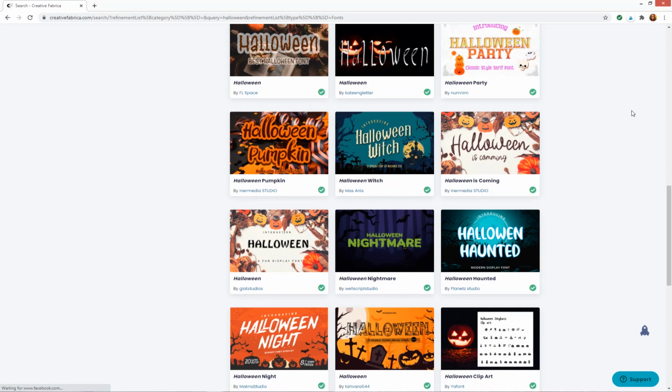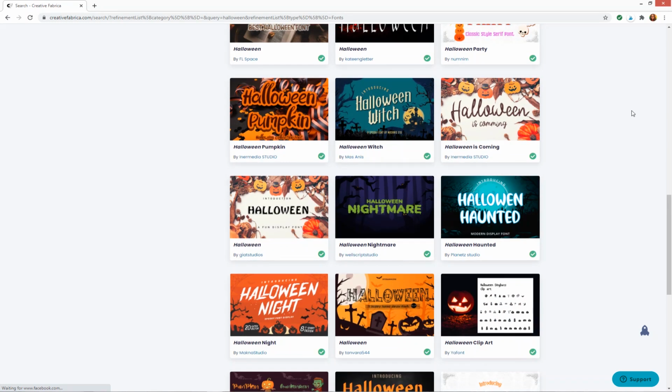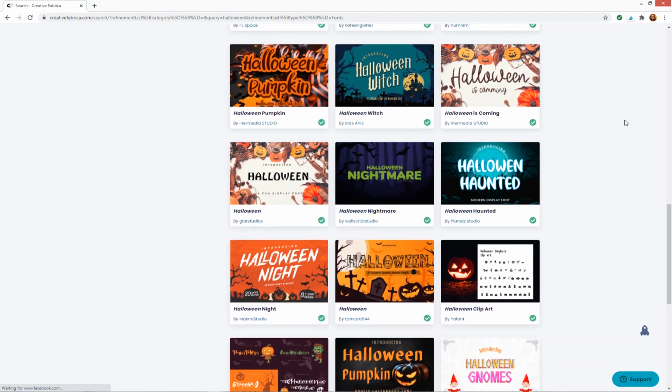For this subway art, I would recommend installing about 12 different fonts because we're going to want each word to be in a different font, so get a nice selection. And when you install fonts, it can be a little bit tricky to remember the names of the ones you have installed. So perhaps write a list either on your computer in a Word document or just on a piece of paper of the name of the fonts that you install so that when we go to make our subway art, you'll remember which ones you've installed.